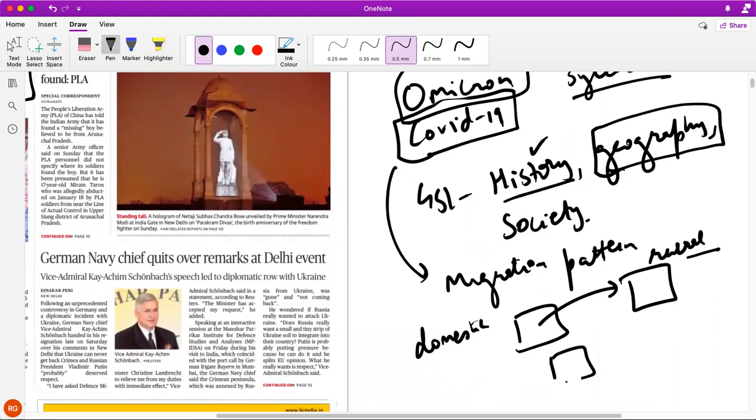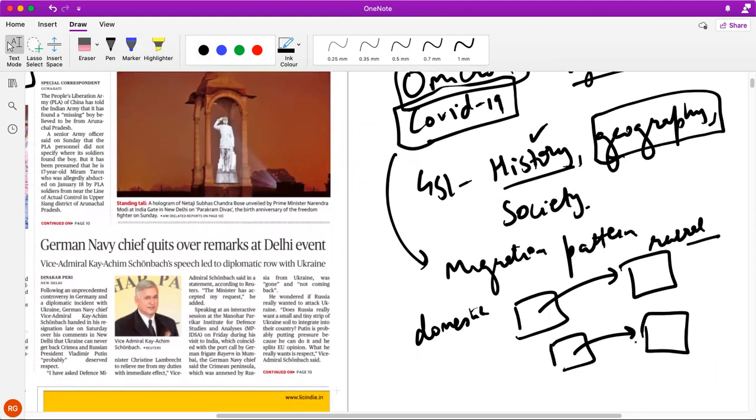What we are seeing is that all the migrants are heading back towards their home countries. Like we are seeing a counter wave of migration from the US to India. Even Indians present in the USA are facing racial discrimination. So this is how you have to see how COVID is impacting geography, or how geography is impacting COVID. Even how COVID spread: COVID spread because of migration patterns only. Initially it originated in China, but later on,